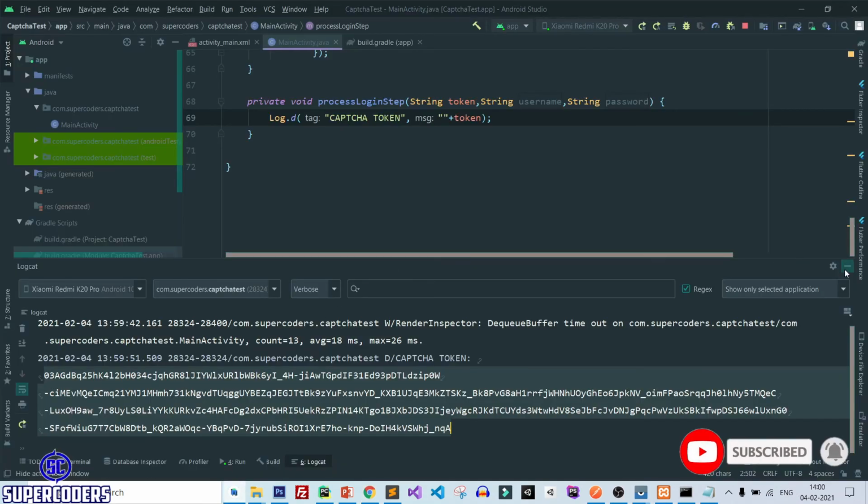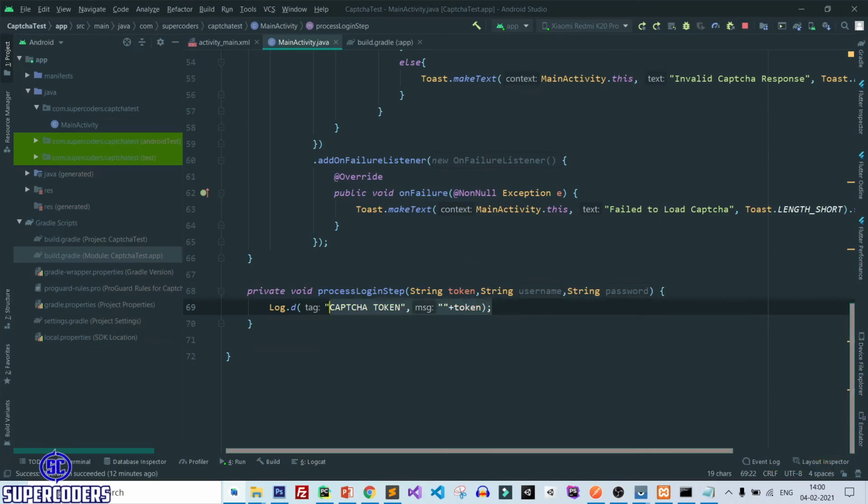Now after that, you need to call this API from your app to check whether token is valid or not, means user verified your captcha or not. So let's see. So here we need to call this step to verify your token. So you can implement a simple Volley request here or any OkHttp library request, means you need to add a network request here.